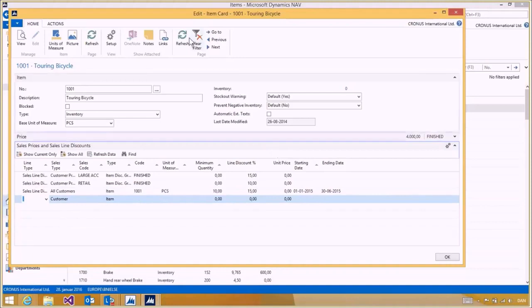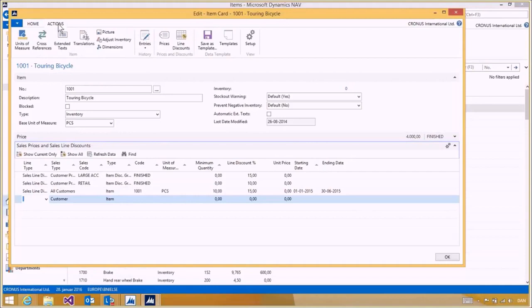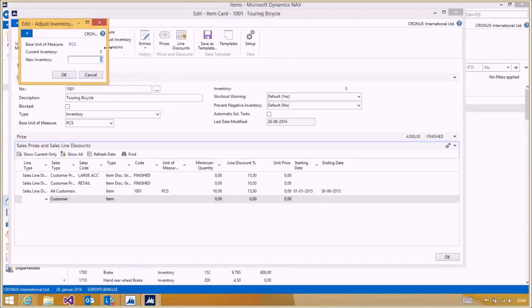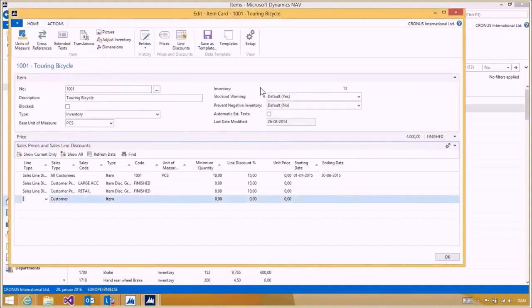If we look at actions, and if we look at the action called adjust inventory and select it, we can see that currently we have no inventory. Let's assume that we actually had inventory, we've been out, we've seen that there are still some items in stock, and we want to change that. We type in the new inventory that we have counted and hit OK. And now we see on the card itself that we have an inventory of 72, the number that we typed in. It's an easy way for a smaller business just to update the stock at hand instead of going through